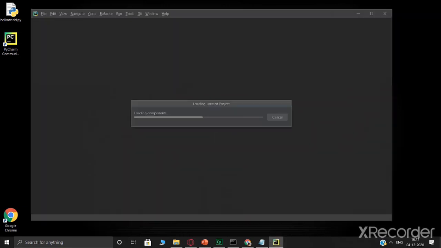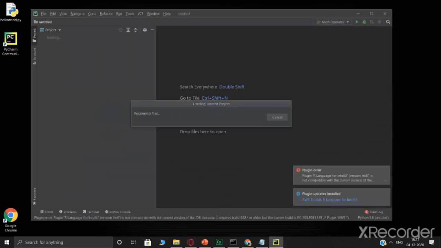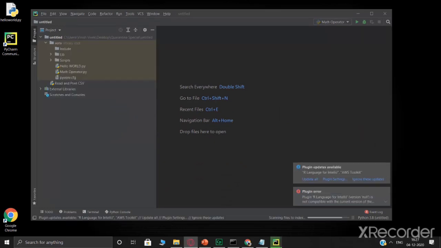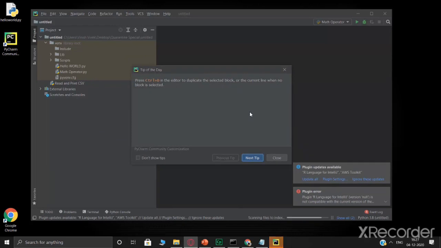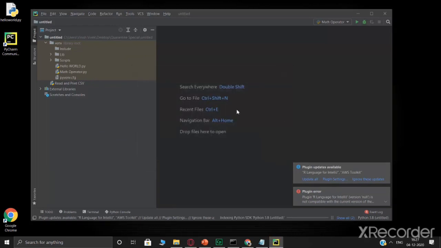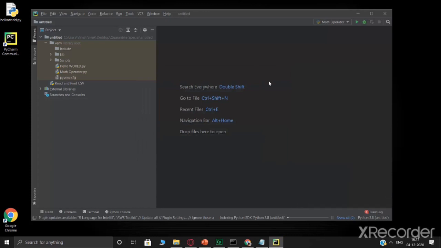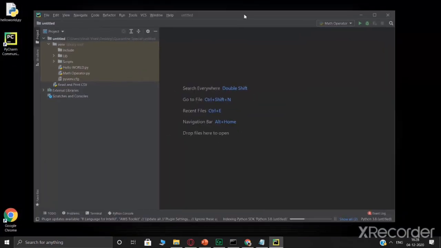So, like I was trying to explain to you what an IDE is. An IDE basically consists of everything in one place. The words integrated development environment basically mean that you can develop the entire thing in one single environment, where PyCharm is your environment.